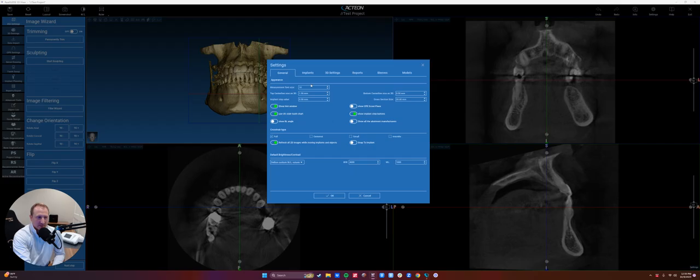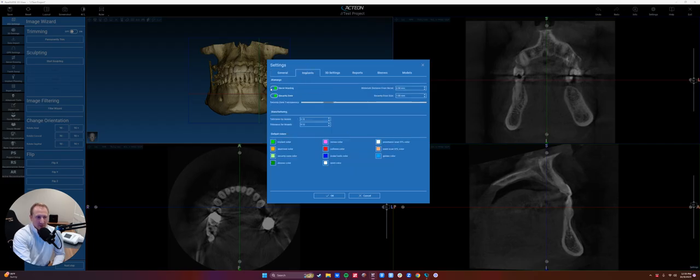and some different options for when replacing implants. If we go to the implant panel, you can turn on and off the nerve warning. Otherwise, you can pick the minimum distance here. For me, it's 2 millimeters. I want to know if the implant I plan is within 2 millimeters of any nerve that I mapped in the software. So you could turn that off if you wanted to,